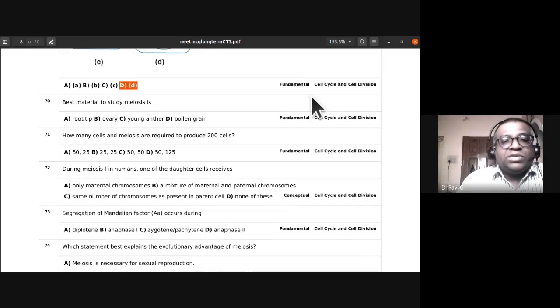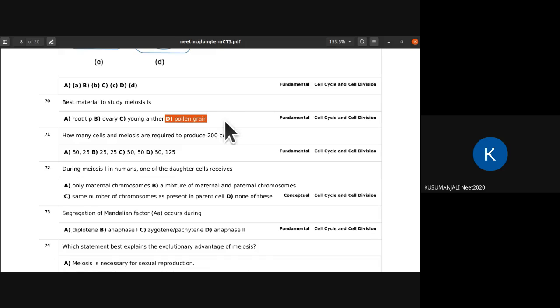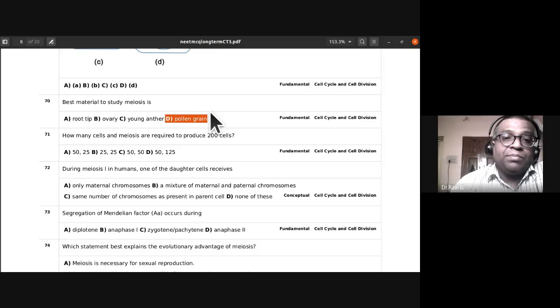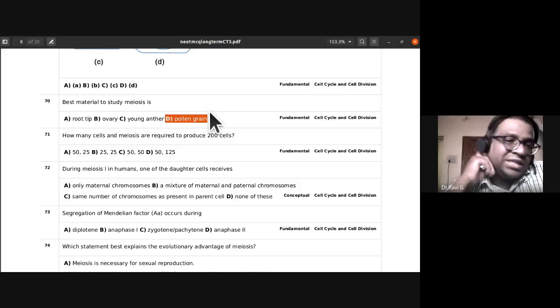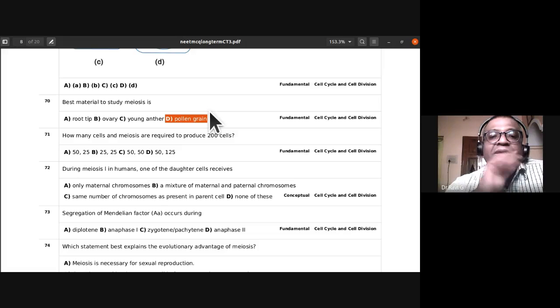Best material to study meiosis is root tip. No, sorry, root tip is for mitosis. For meiosis, we use the pollen grain of onion flowers itself. I think they give it in your micro preparation. You have to crush the pollen grain and see the various meiotic stages there. The best material to study meiosis is pollen grain because pollen grain has a large number of microspore mother cells